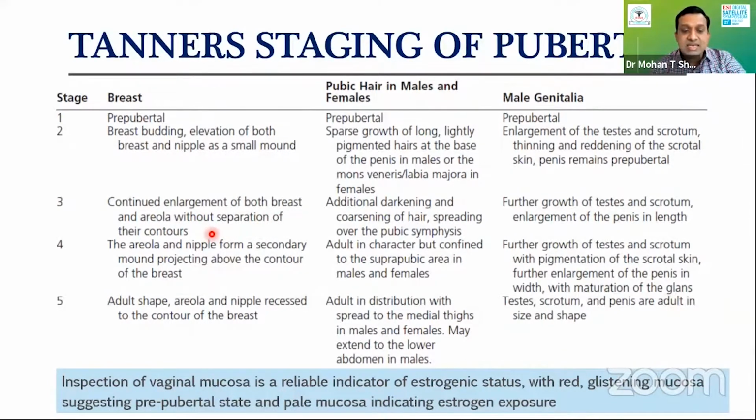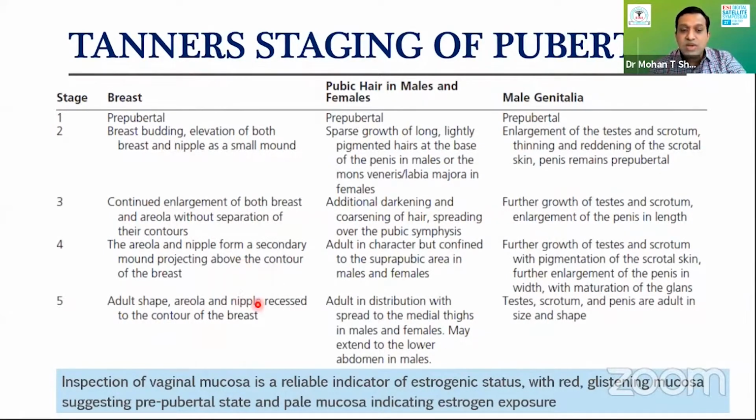And you can see that as time goes, it gets matured. So breast budding, then later on getting more mature, and we can see ultimately the adult contour of the breast is established. So it happens in a synchronized manner. Even the pubic hair is also darkening and further spreading to the suprapubic area and later to the medial thigh. So examination is very important, and palpation may also be required in some cases of the breast.